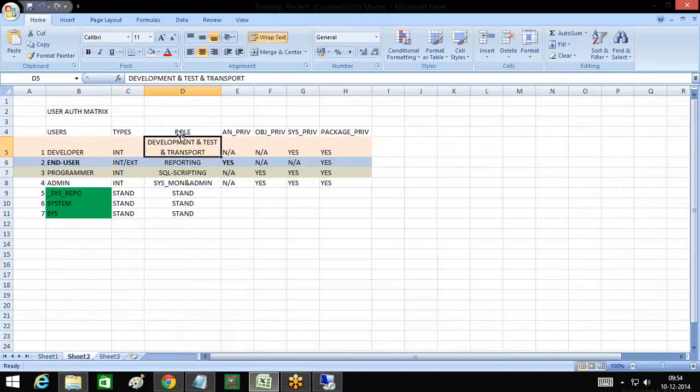And then we have roles for a developer: development role, test, and transport. All those five privileges count 1, 2, 3, 4, and there's another one called application privilege, which I've not mentioned because it's only used when you have an application on HANA. Ideally, we work with these four, but the fifth is only on a case-to-case basis when you run ERP HANA, BW HANA, CRM HANA, those cases. So let's look at the first one here, analytic privilege, developer not applicable. Because the developer